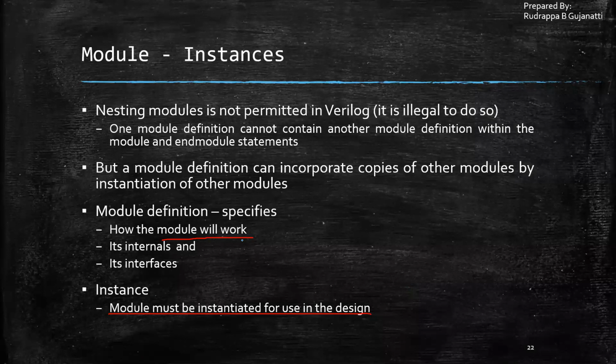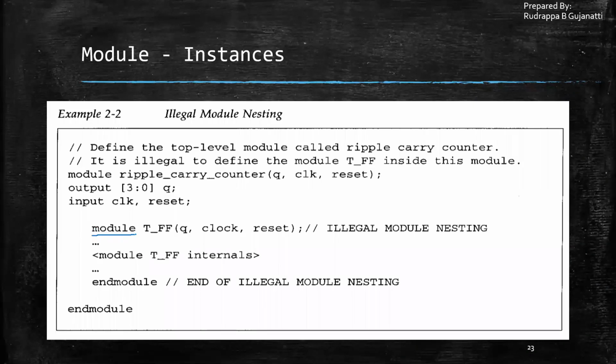So this is what I meant by illegal nesting. Here you can see we have the keyword module and the keyword endmodule. Within this, the functional details will come in. But I cannot again write module and endmodule within it. I cannot do this. That is what we intended. I cannot define a module for the T flip-flop here itself. I cannot have module and endmodule and define the entire structure of the template we have discussed. That is not permitted in this case.